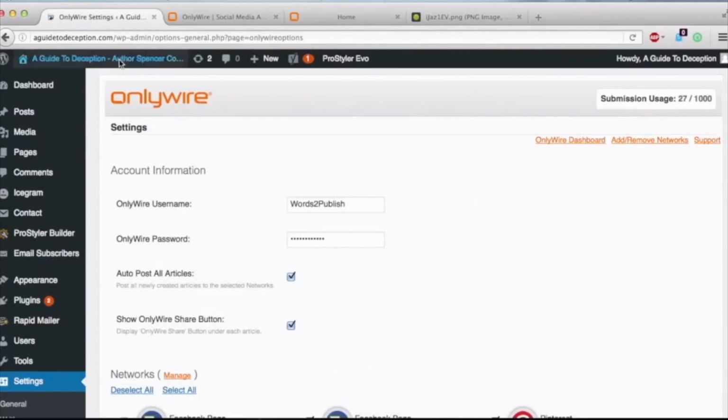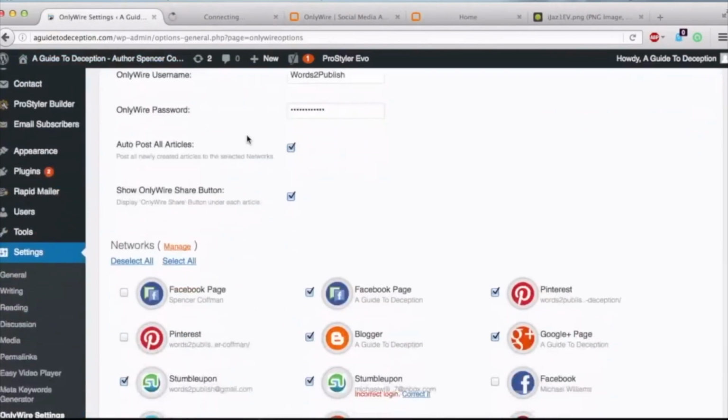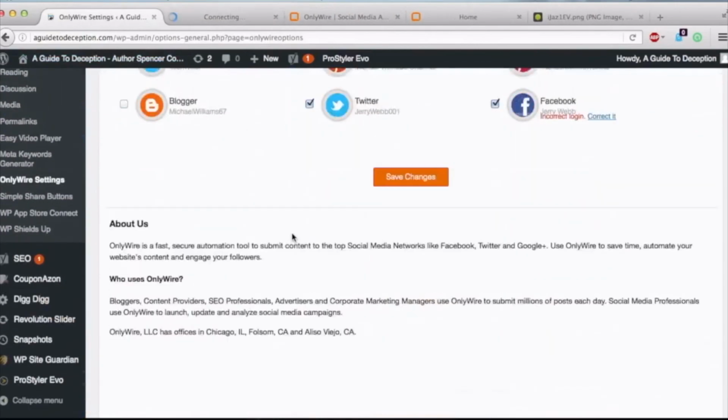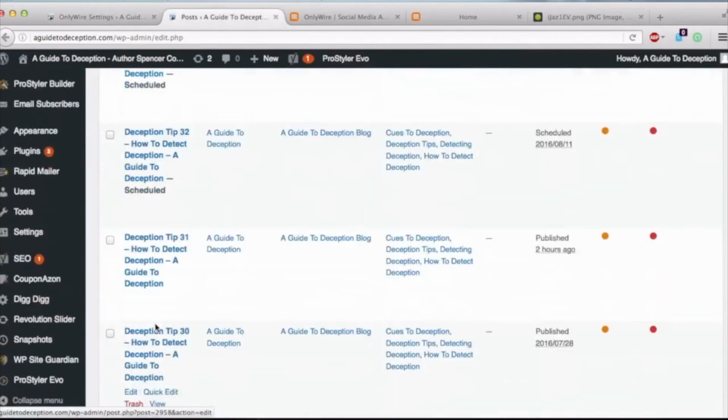For instance, right here we can go to posts, all posts. Okay, so OnlyWire, you see we have all these settings right here. If we go to posts, we'll just hit edit. We'll edit any random one.